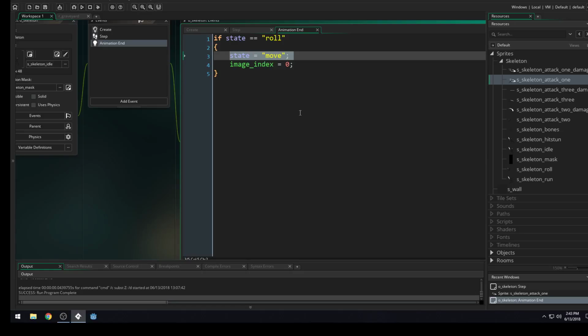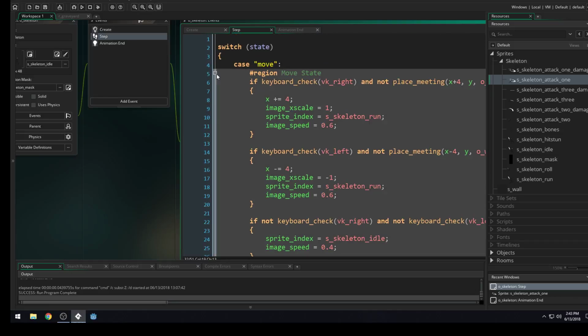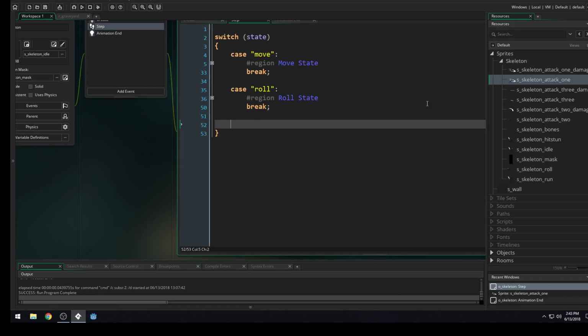Okay, I'm going to help you do it now if you were unable to do it. That's okay, because it's a little bit tricky. It's not going to be an easy thing. So the first thing that I want to do is set up our new state. So we'll say case attack 1,